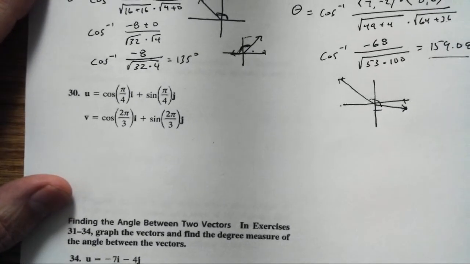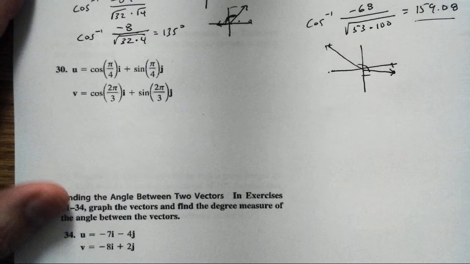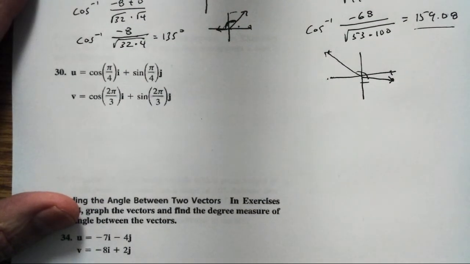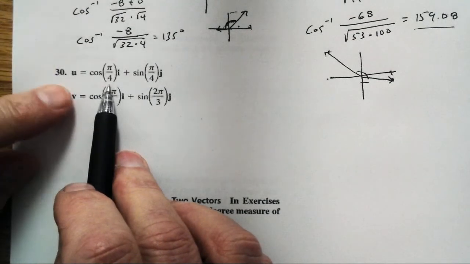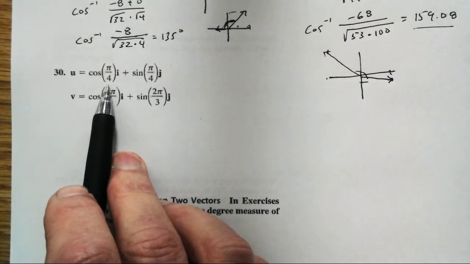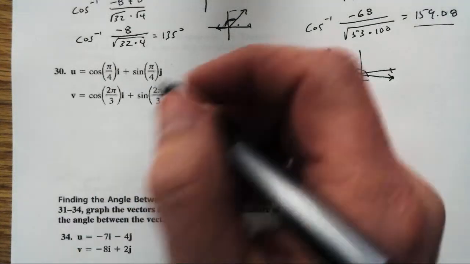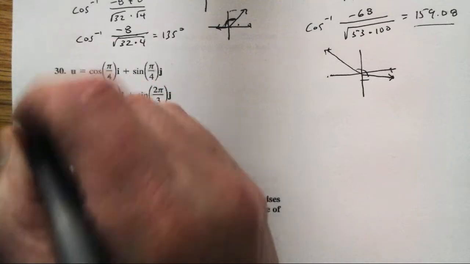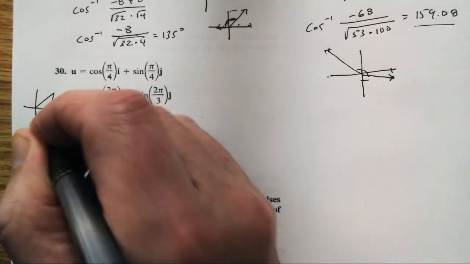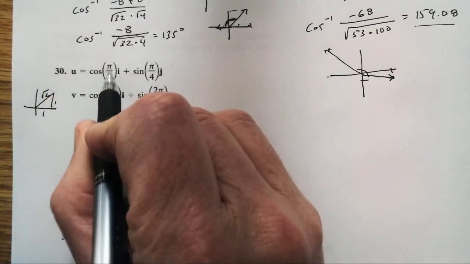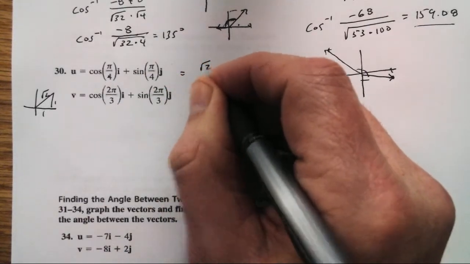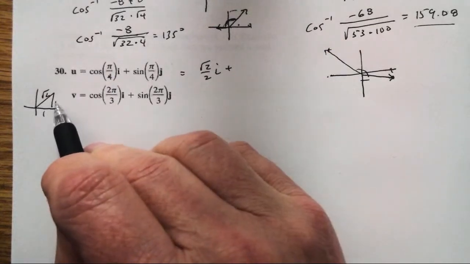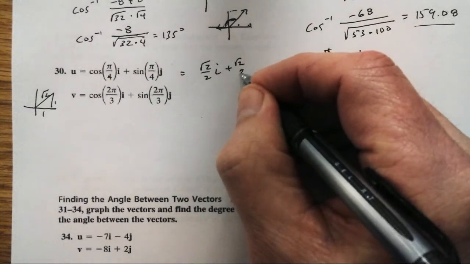Okay, interesting little problem here. Angle between these two. What we would have learned in the previous section, assuming you didn't see the previous section, let's go through this. Cosine pi on 4. Here's pi on 4 right here. We have 1, 1, square root of 2. This is square root of 2 on 2. We get square root of 2 on 2 i plus sine pi on 4, square root of 2 on 2